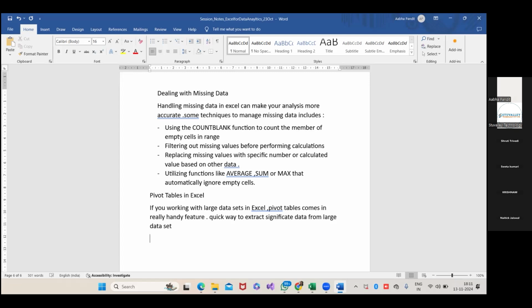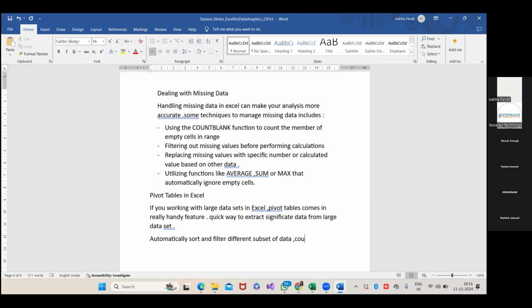Another feature is that when you are using a pivot table, it can automatically sort and filter the different subsets of the data.